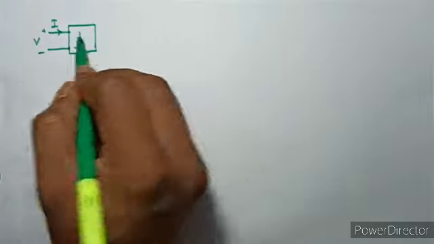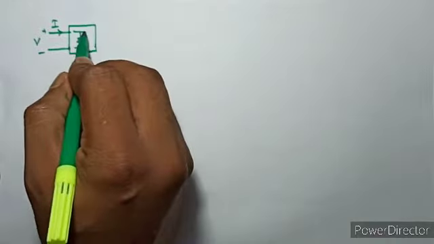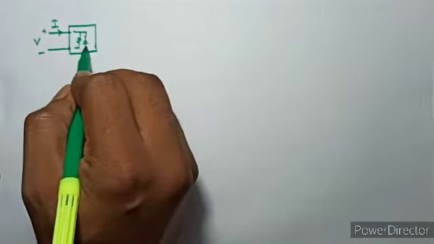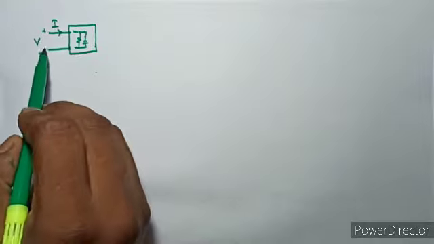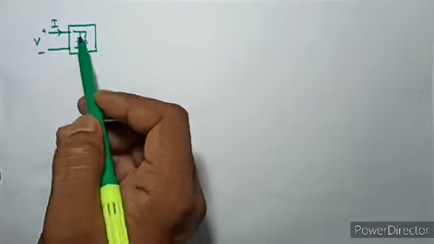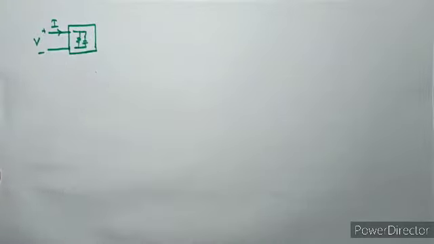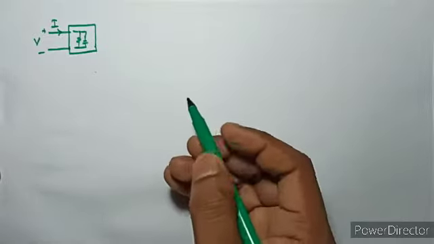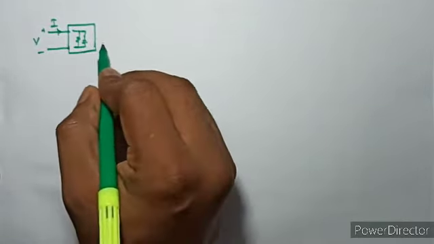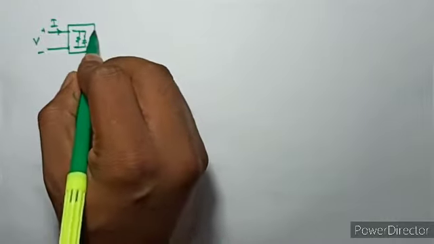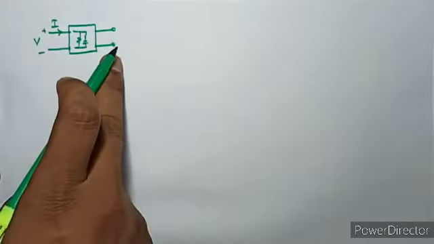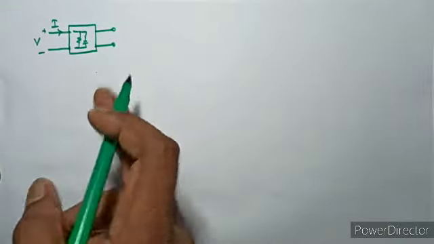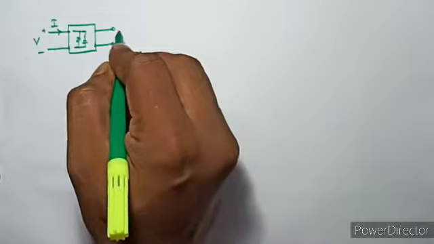The element inside this network may be a resistor, or a pair of elements like a capacitor in parallel or in series, whatever the combination. So this pair of terminals will be called a port to access this network. Now if I provide four terminals to access this network like this, then this pair of terminals will also be called a port.